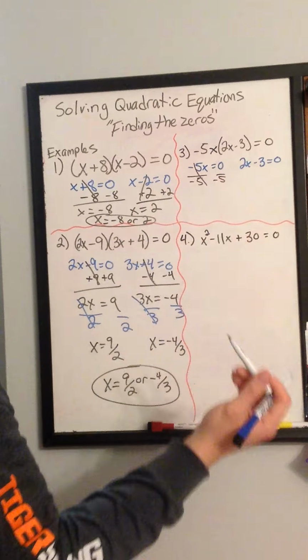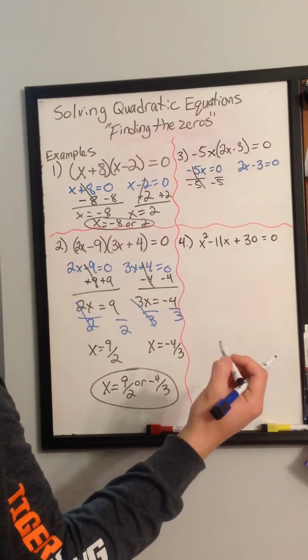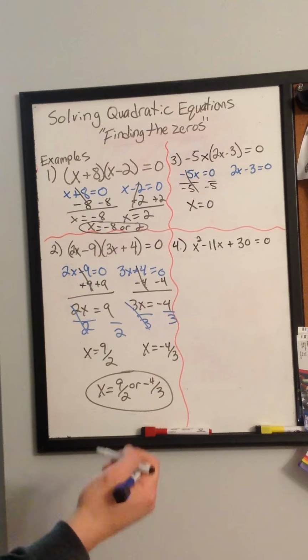And what's 0 divided by anything? You guys see me drop my cap? And what's 0 divided by anything? 0. So 0 is one of the possible